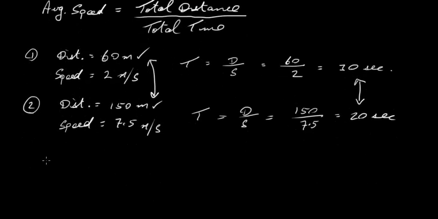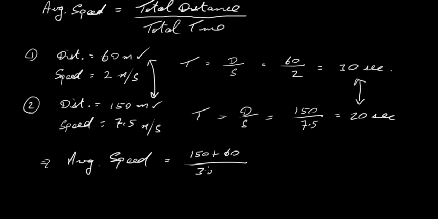So her average speed is going to be the total distance. Well, the total distance is 150 plus 60. It's her total distance, divided by her time, which is just 30 plus 20. So you get 210 divided by 50, and that finally is,